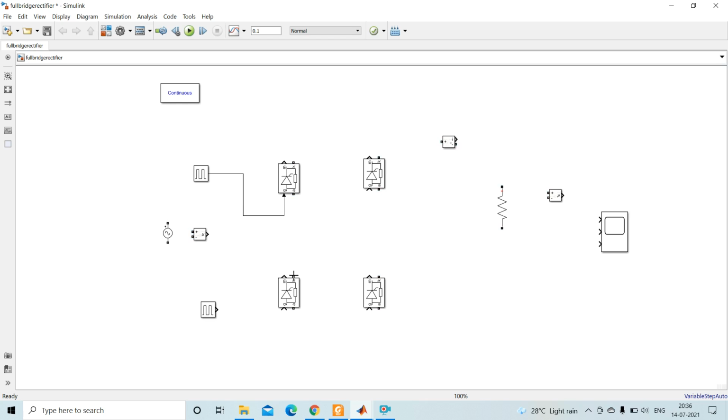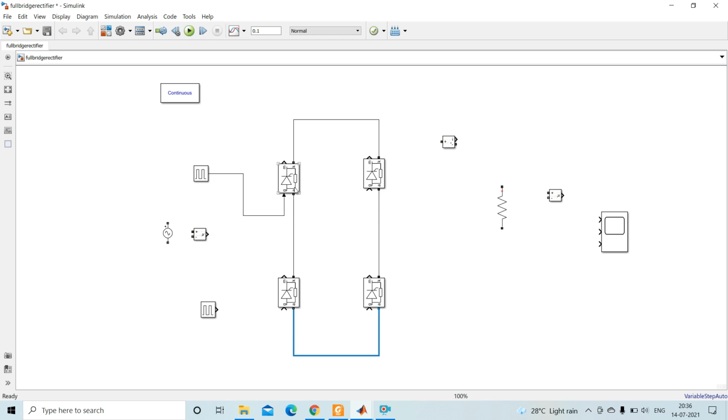So first do this: its anode and its anode are joined, then from this cathode to its anode, and from this cathode to this anode, then the cathodes are joined together. This forms the bridge. Okay, now